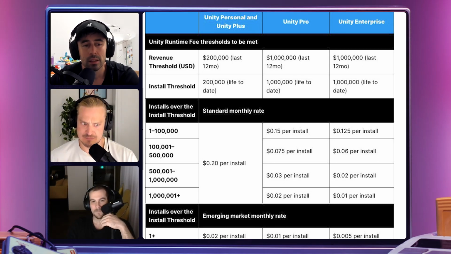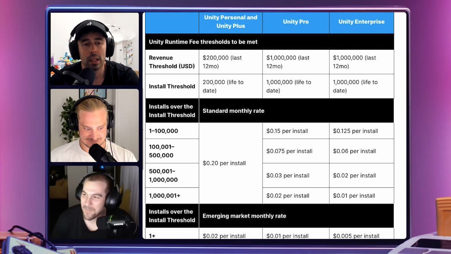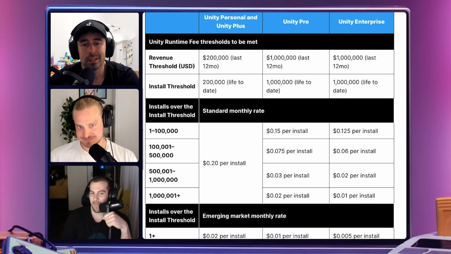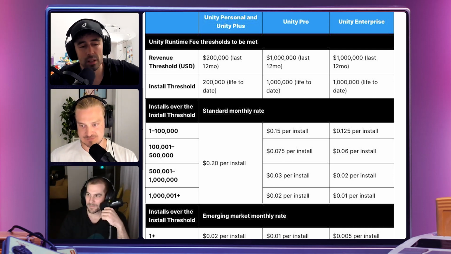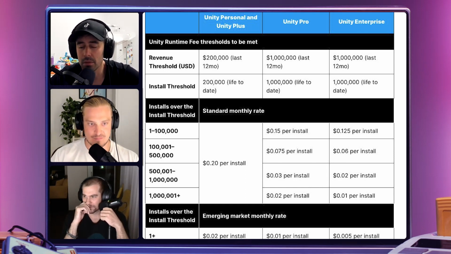Yeah. I mean, there's only one thing you can do, right? You have to cut down on installs already, right? Like, shut down the app in other countries that you don't want the installs coming from. That's the thing. So I think you can then pay for Unity Enterprise or whatever. You need to have at least like 1 million. But is this revenue IAPs, or is it revenue both ads or how is it? Let me read it here.